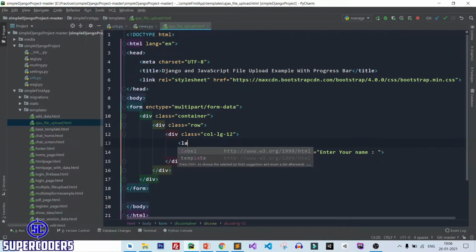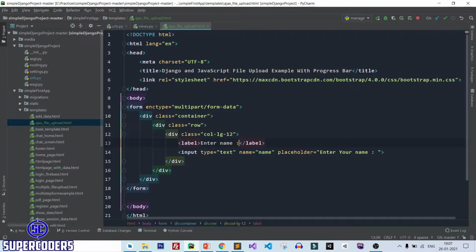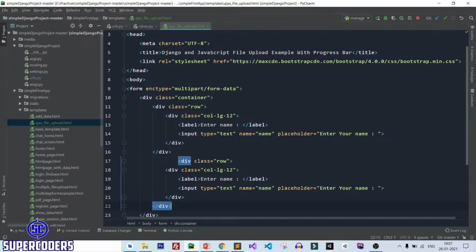Also add label, enter name. Now let's copy it again, paste it. This time change it.